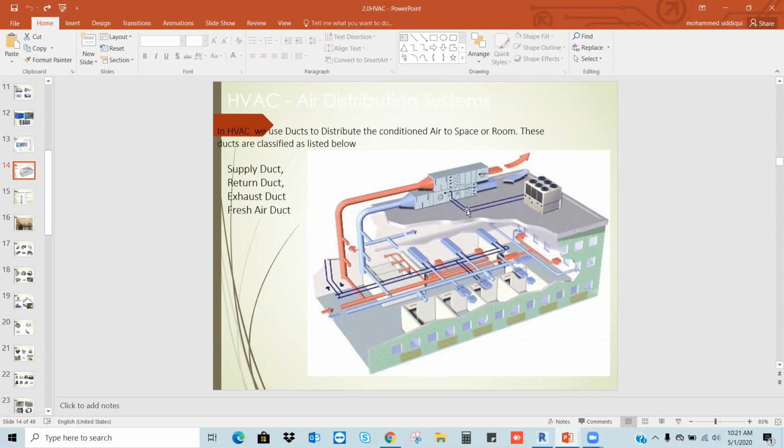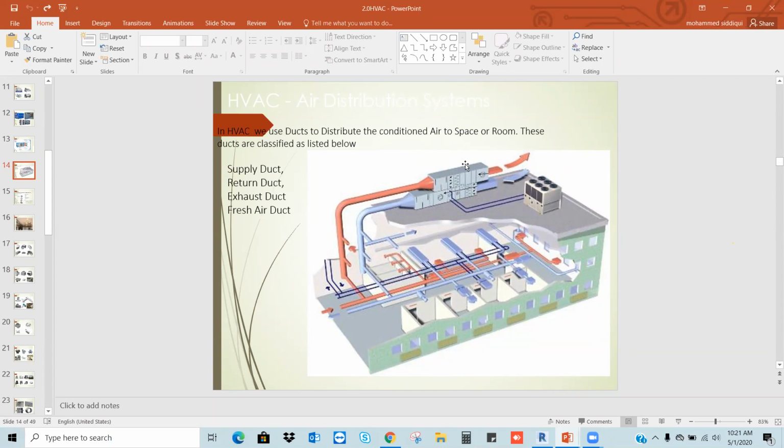We are taking the pipe from here and connecting it to the air conditioning system. In the AHU, air handling unit, cooling will be generated. This generated cooling we will supply through the fan or blower to the rooms. Try to understand the concept. We are generating the cooling within the AHU, and the generated cooling we are supplying through the fan to the rooms.